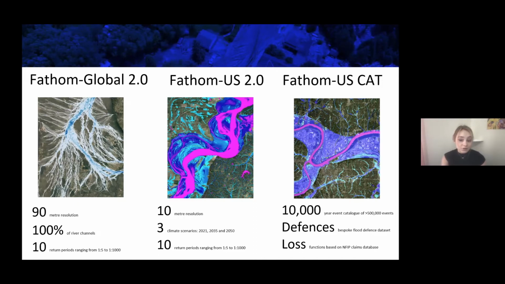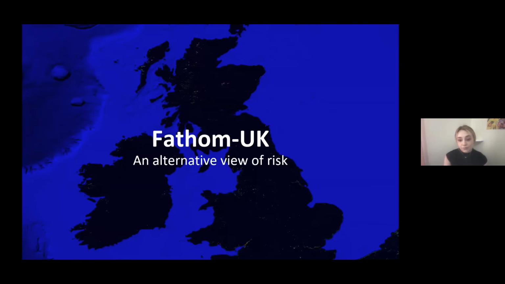Fathom US is one of our more widely known models and predicts flood risk for pluvial, fluvial, and coastal perils. Professor Paul Bates actually recently published a peer-reviewed paper on this, which validates all of the methodologies and science underpinning the model, and you can access that for free online if you want to. For the US, we also have a CAT model available that can be accessed through our partners, NASDAQ, Exceedance, and Complex. If you are interested in these products, you can find much more information through our website, which is www.fathom.global.